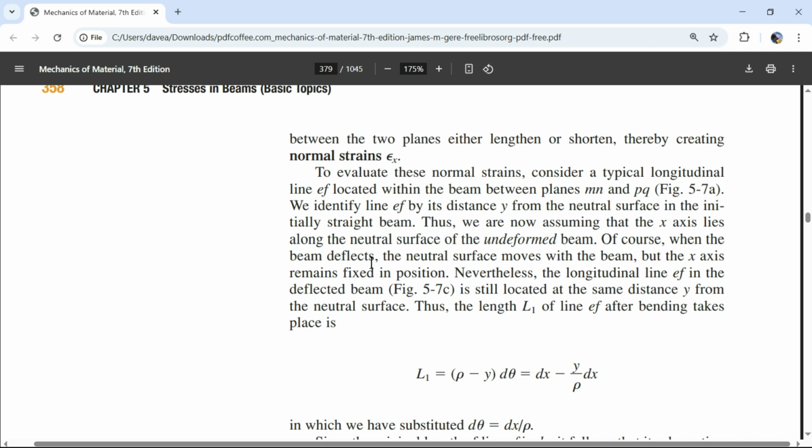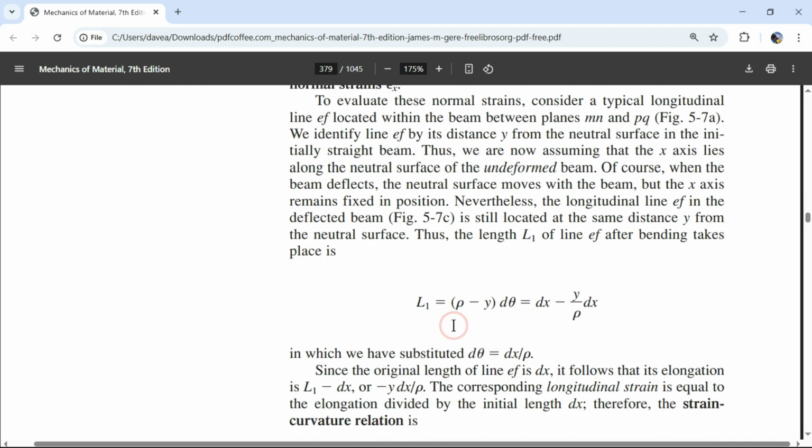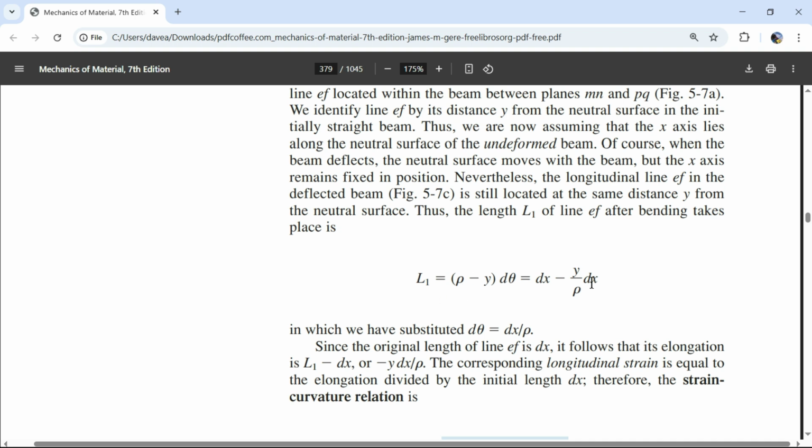Of course, when the beam deflects, the neutral surface moves with the beam, but the x-axis remains fixed in position. Nevertheless, the longitudinal line EF in the deflected beam is still located at the same distance y from the neutral surface. Thus, the length L1 of the line EF after bending takes place is